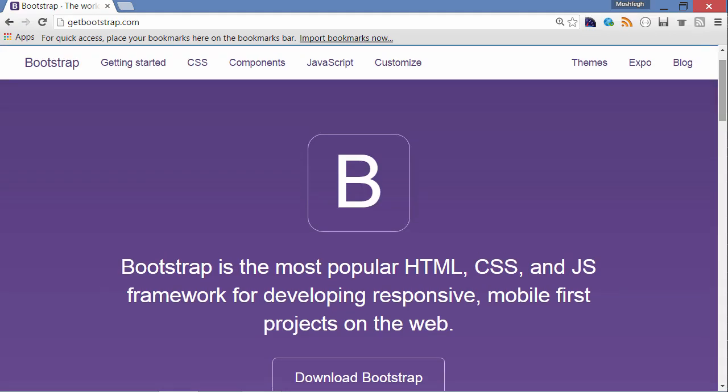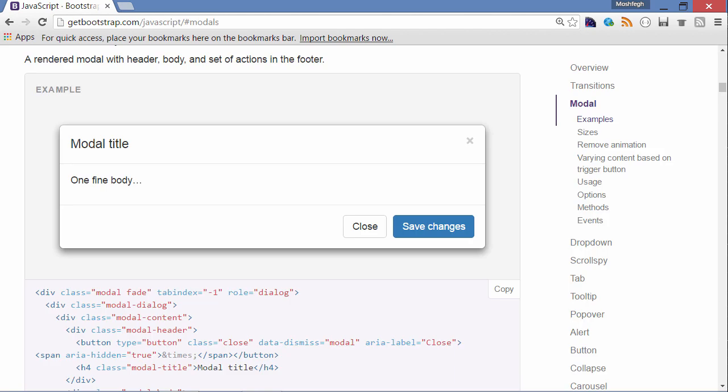So throughout this course, you have heard me mention Bootstrap a few times. Bootstrap is basically a CSS framework for building modern and responsive applications that look good both on desktop computers as well as tablets and mobiles. Explanation of Bootstrap is really beyond the scope of this course, and that's something you need to learn on your own. But in this lecture, I'm going to show you how to replace a native JavaScript confirmation box with a